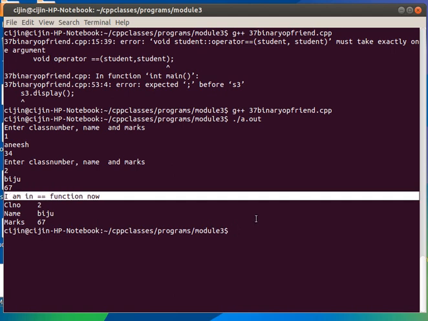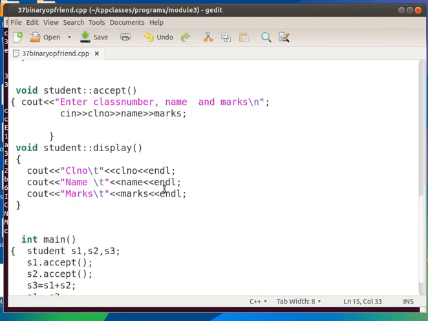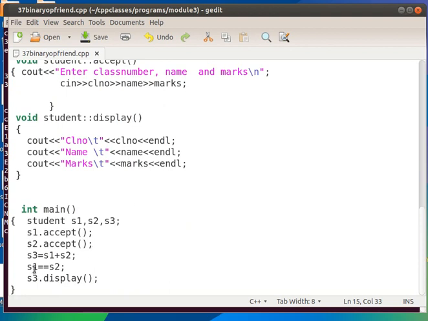So in this program we have seen both types. This one is a member function. So here it means that S1 is calling its function equal to with argument S2.